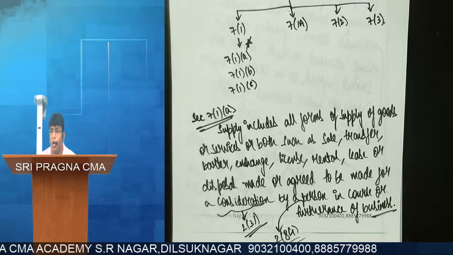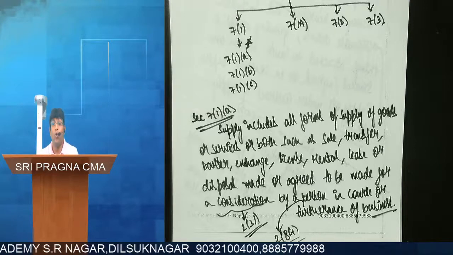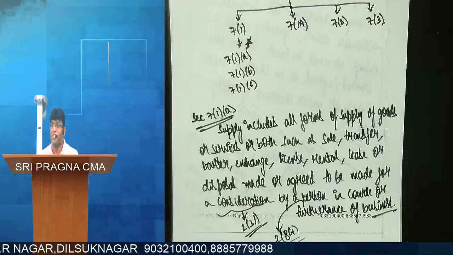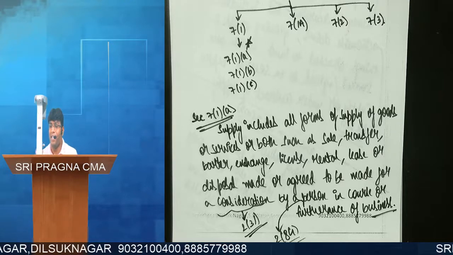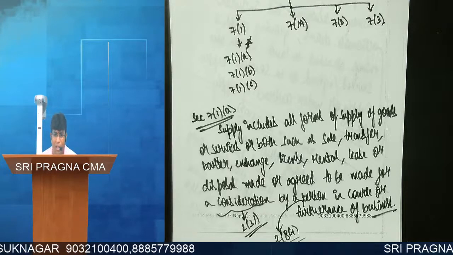Shivateja has got one gold chain. I thought this gold chain became old. Let me buy a new gold chain. I will go to the shop, but I'll not buy a new chain. I'll exchange this old chain. Balance I'll give cash and take a new gold chain. Exchange is covered, no? Good.